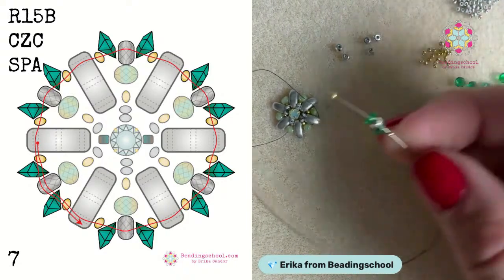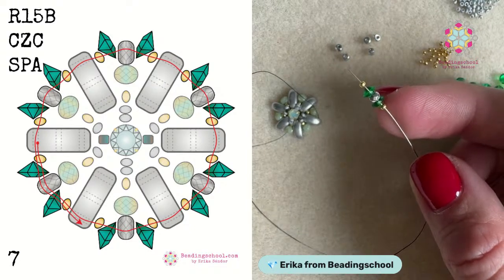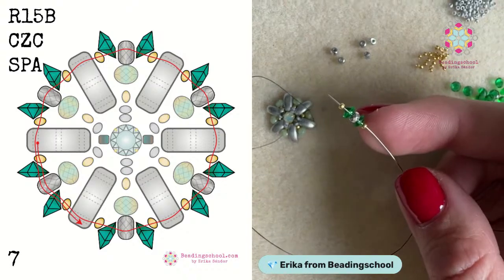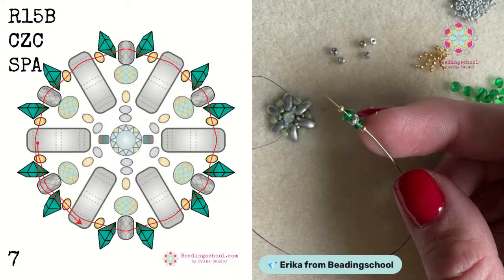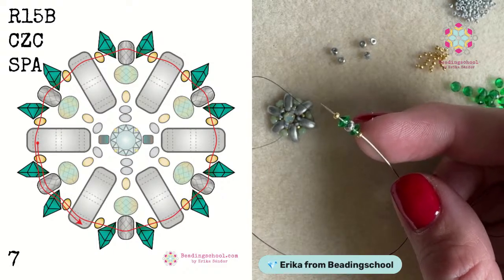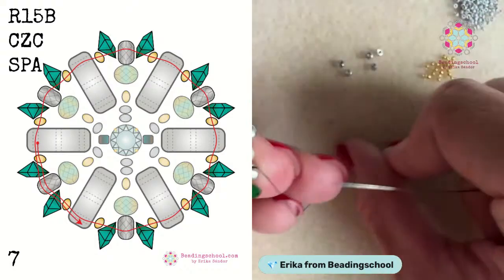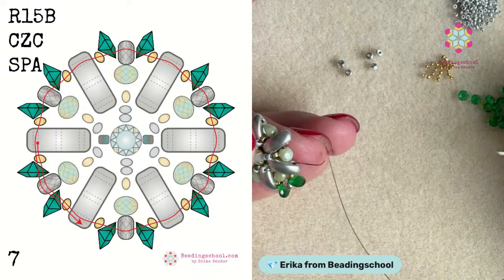So the sequence that I am adding in between the outside holes of the cullies consists of 5 beads. On the sides at the end and the beginning, size 15 Miyuki round seed beads, then 2 cubic zirconia charms, and in the middle a 2 times 3 millimeter faceted microspacer. And once I'm sure that I picked them up correctly, then I can bead through the outside hole of the next cully bead. And then I keep going